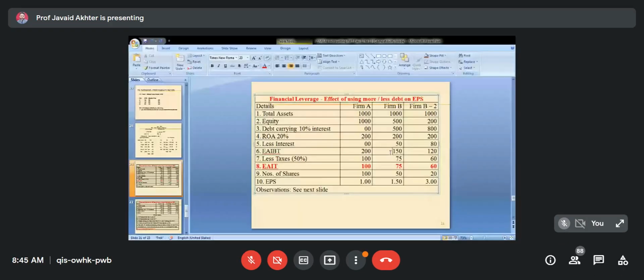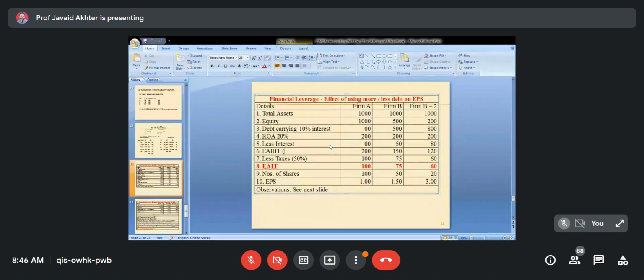So 200. इंटरेस्ट कितना था? 50. तो क्या उनका रह जाएगा? 150. Isn't it? Let me write it like this. Earning was 4 and interest was, how much was the interest? Less interest. No, you are asking the fifth one. Fifth one you are asking, sixth one you are asking.